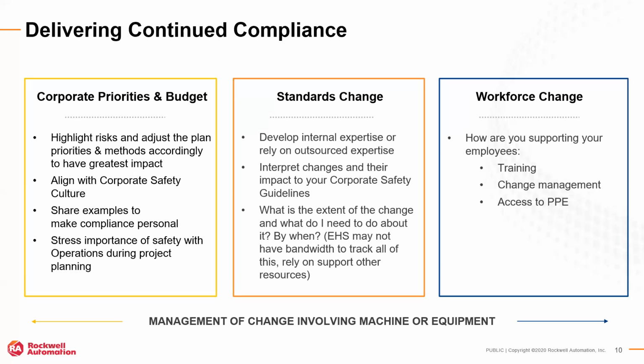on outsourced expertise. One of the things that's really interesting is I highlighted our new contactor line early on in the presentation, and they didn't have the expertise directly on their EHS team. Now we have a lot of expertise on our external facing resources, from risk assessment or building those functional specifications, doing the verification, validation, building lockout procedures. We have a lot of that expertise that we work with customers on, but internally to our EHS department, we didn't have a ton. And so they had to rely on at least expertise external to their teams, really to help build that, to understand what the emerging standards would say about robotics and how to appropriately manage the risk associated with bringing in